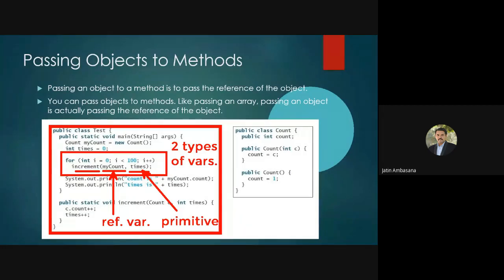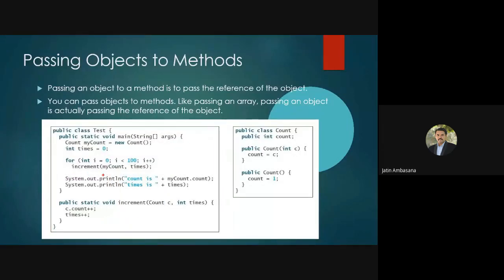So we just use this method in order to show you how two different types of variables are being passed. Okay, so in this System.out.println, we say count is myCount.count, and then we again print times. So this increment method increments both. Okay, see, check this out.